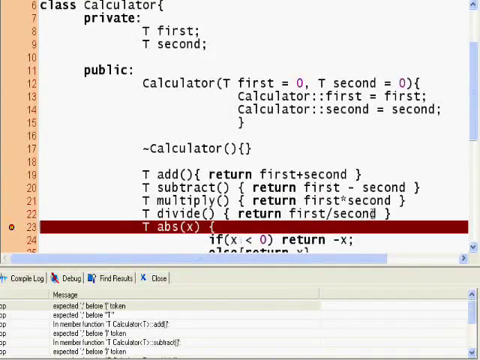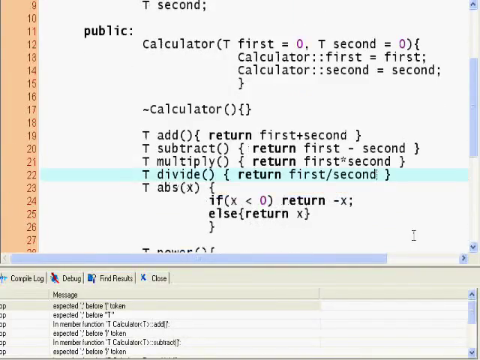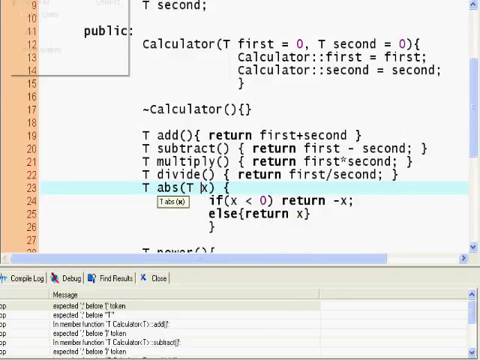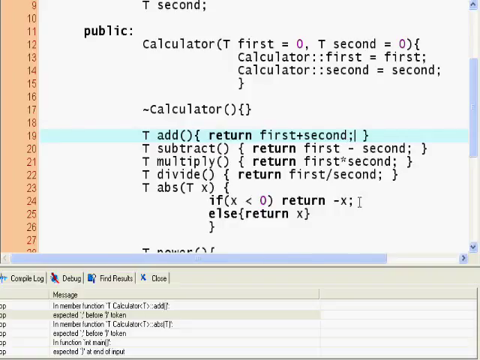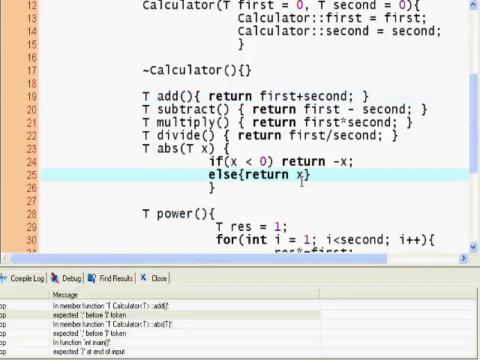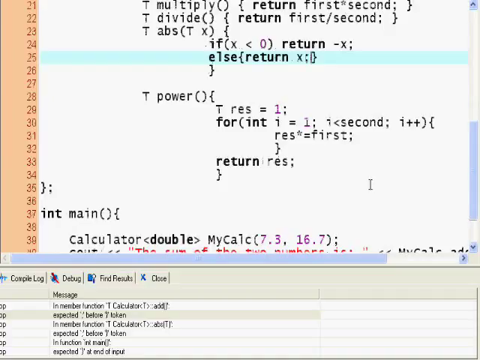T absolute x, return first. Wait, I should put all of these. T absolute x, T add, let's return x